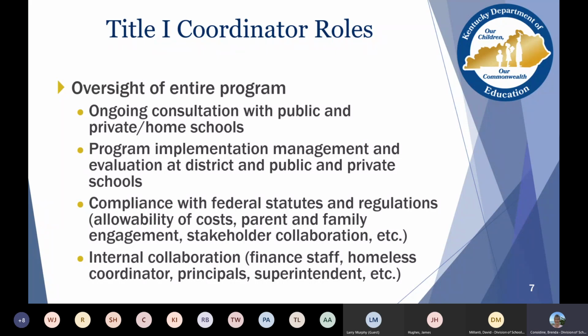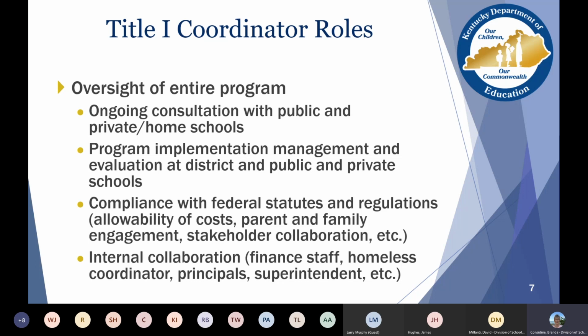And it's wise to look at those federal statutes and regulations quite often. You can go to USED and search Title I Part A, ESSA, and it will pull up all of those federal statutes and regulations.